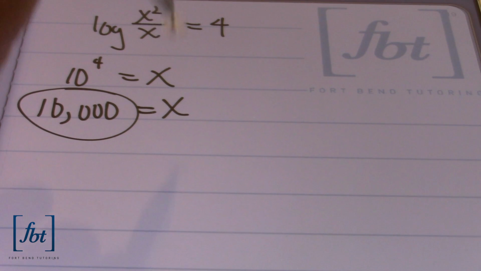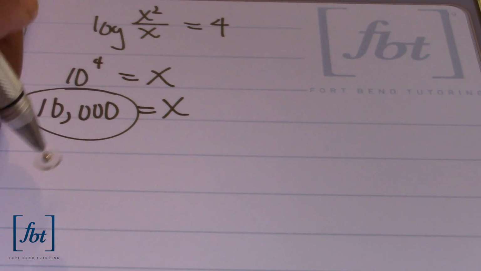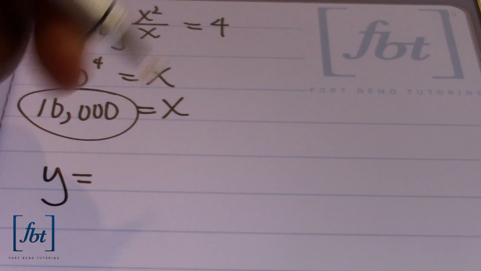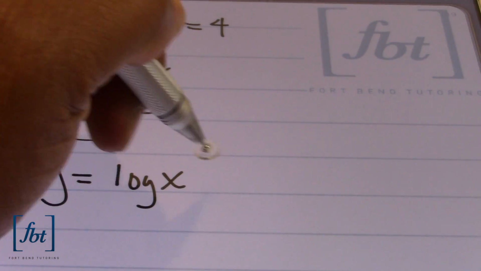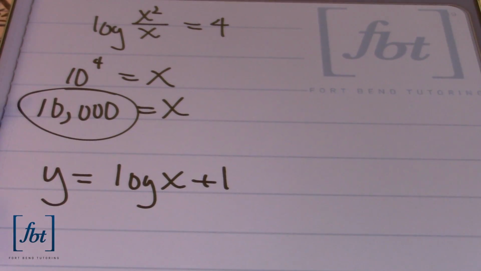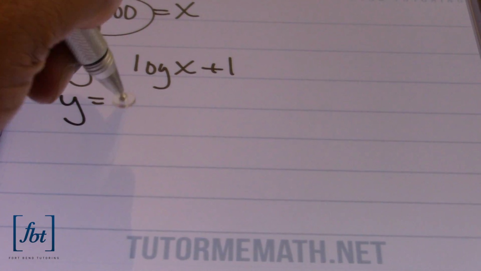So now that we know that x equals 10,000, let's go ahead and plug this in where we have y isolated to find out our value of y. We know that y is equivalent to log x plus 1. And now that we know that our value of x is 10,000, plugging that in, we'll end up with y equals log